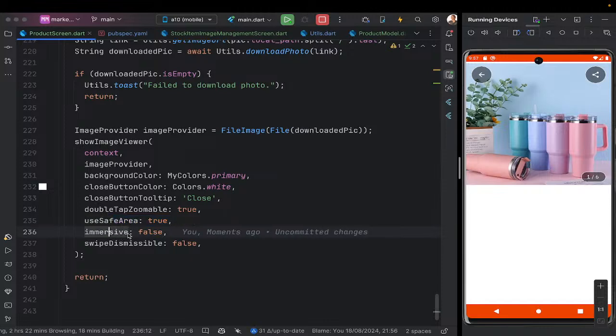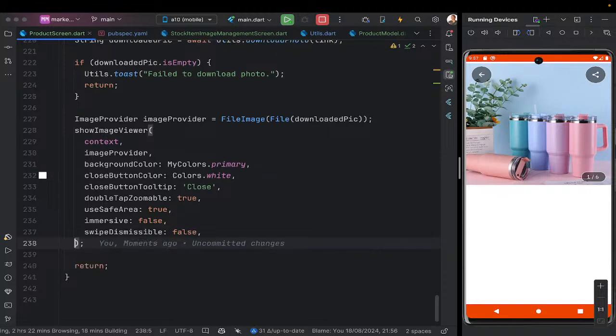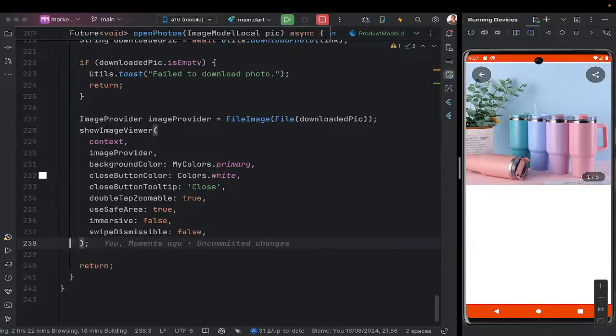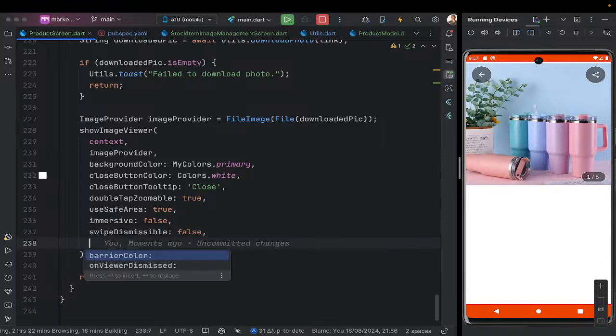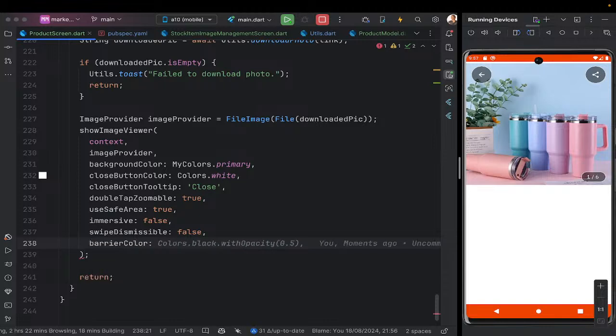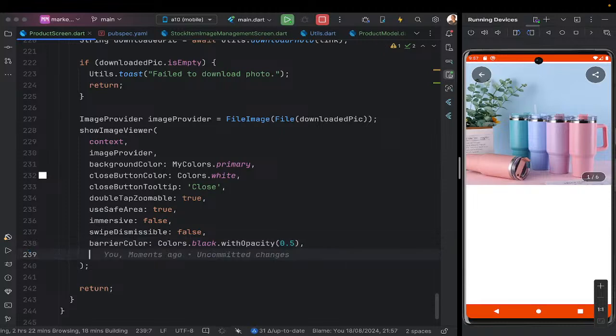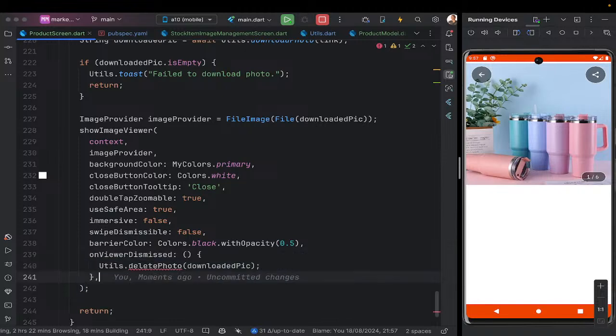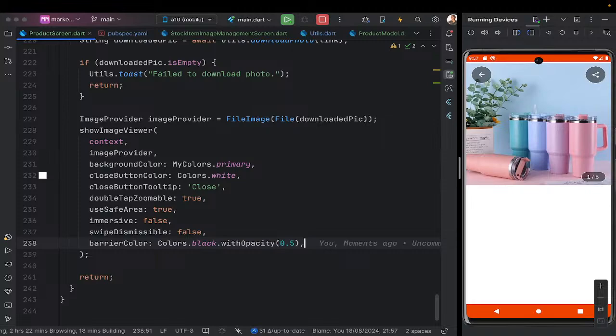And then immersive, you can say false, and then say able to swipe, you can say false, because that swiping behavior is not very good. But you can as well enable swiping, or you can be able to swipe multiple photos. Okay, show barrier color. So let me see this. You can give it, for example, barrier color, and then maybe you can be able to write something on top of it. So yeah, so now after doing so,